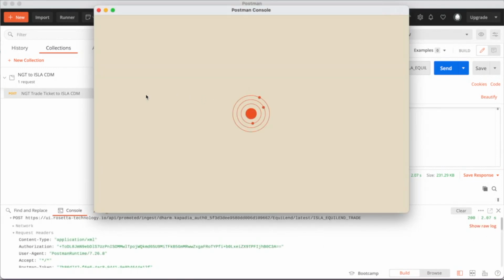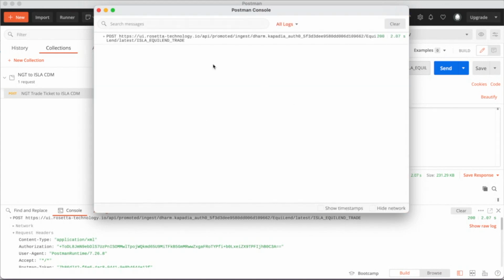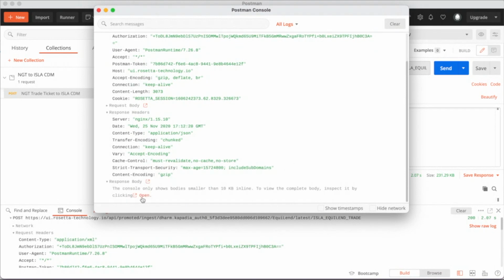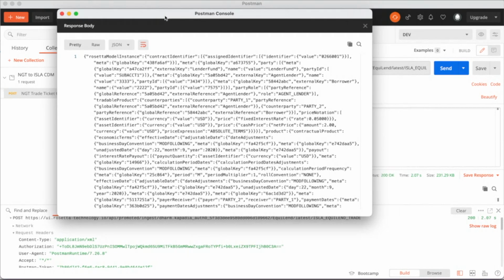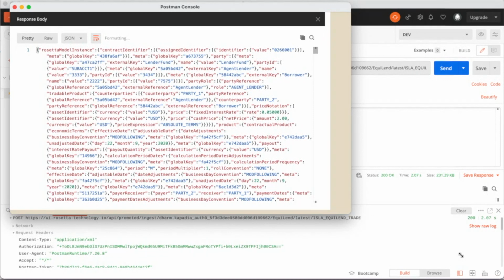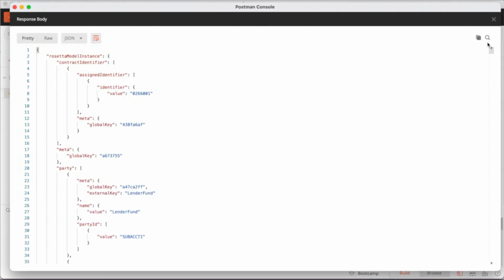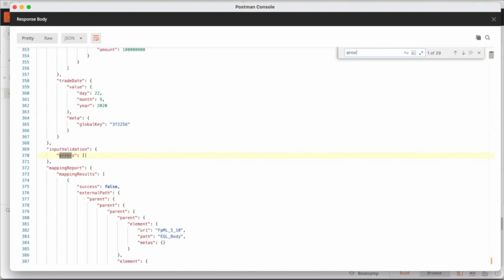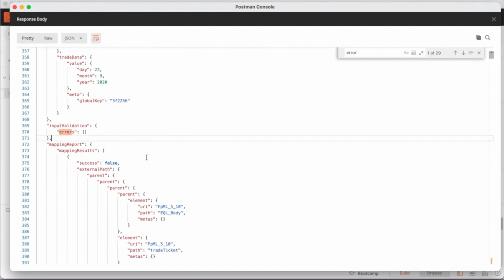We can view the response from the API and verify there were no validation errors. This is the section of the API response which would contain any errors if the API found them.